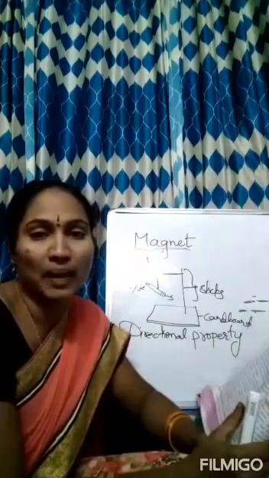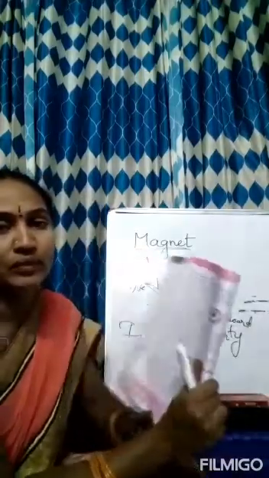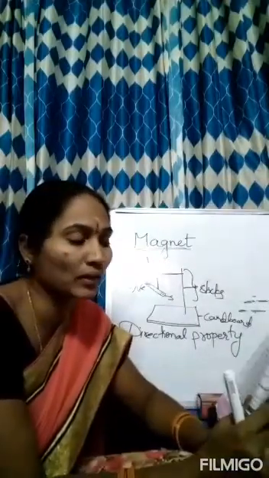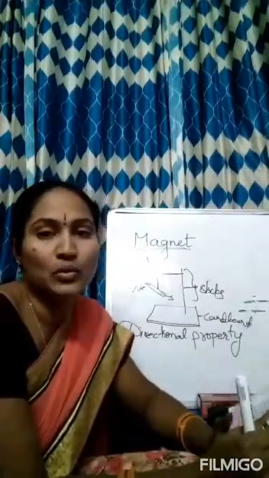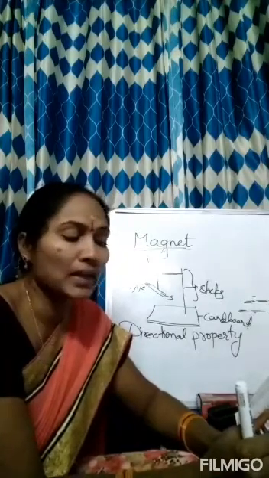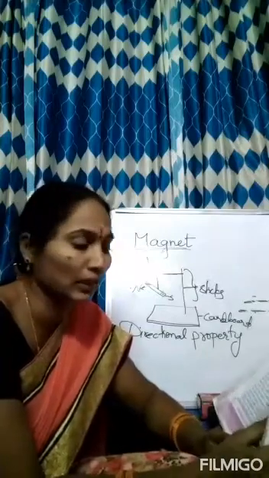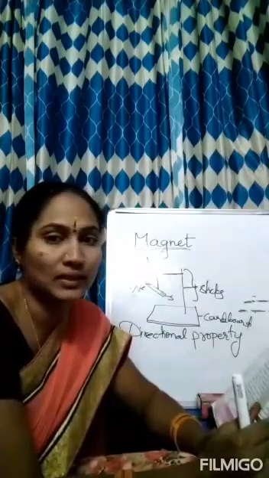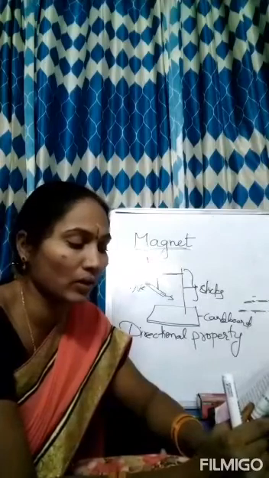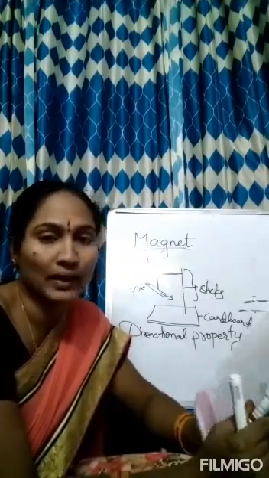So have you seen the magnetic compass? Yes, you can see it in the textbook also. If it is in your home, you can see it. A compass is usually a small box with a glass covering it. A magnetized needle is pivoted inside the box in such a way that it can rotate freely. The compass also has a dial with directions marked on it. The compass is kept at the place where we wish to know the direction.